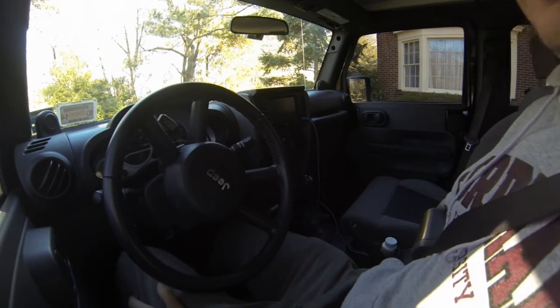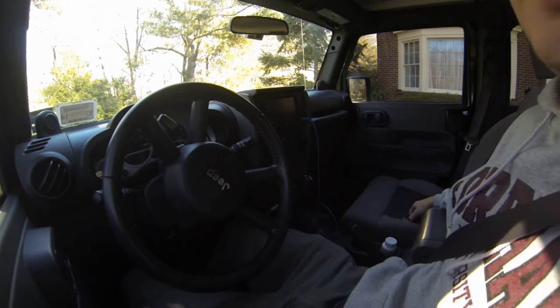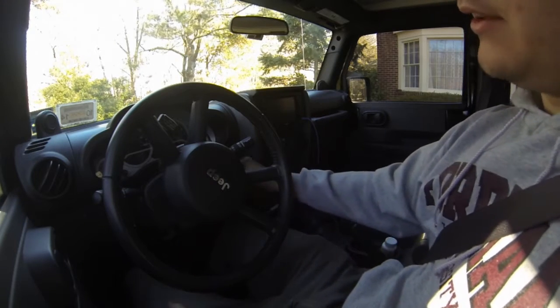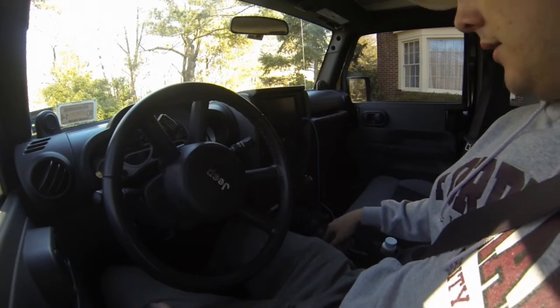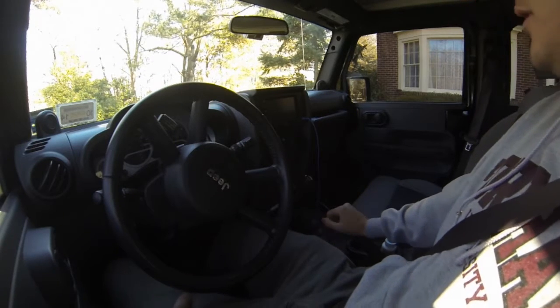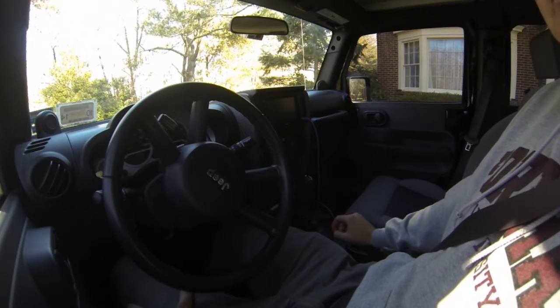Hey guys, so this is my attempt at a Jeep Wrangler, or at least my Jeep Wrangler review. It's a 2010 Jeep Wrangler. It's a Rubicon Unlimited. It has a few mods to it, including a 2-inch Rubicon Express budget boost, a Gibson